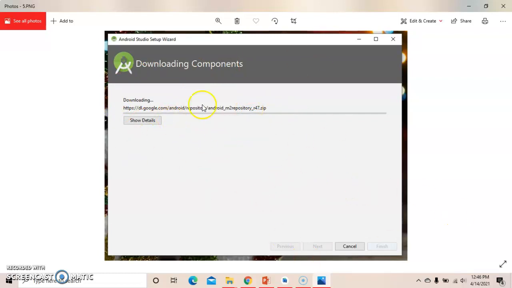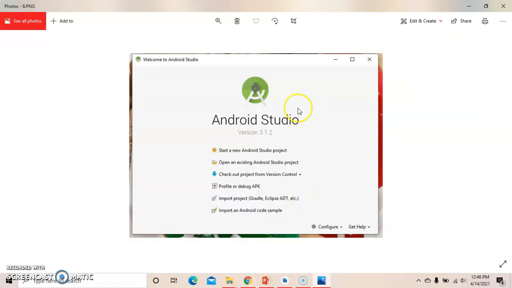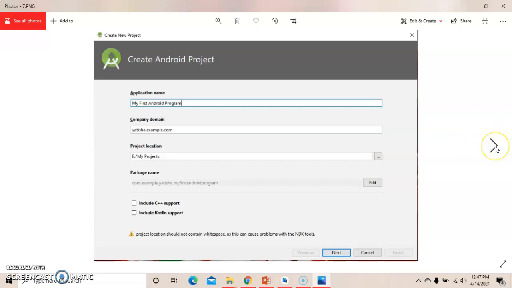And then when the downloading is completed, this window will come. Now here just click on start a new project, okay? And then give your project name. You can give any project name here. Give the project location where your project will be saved, okay?